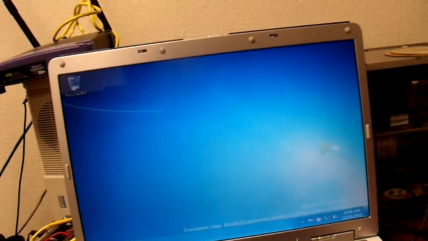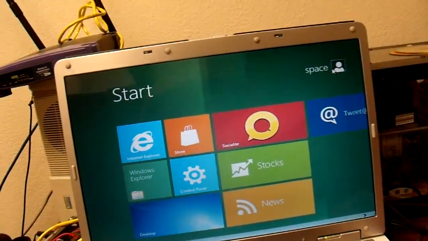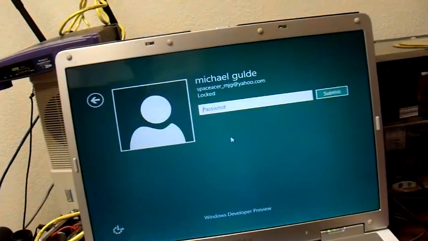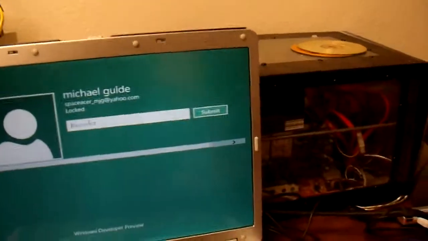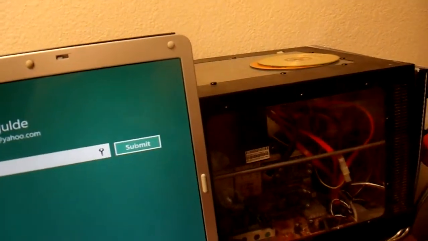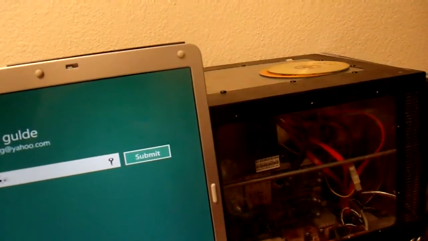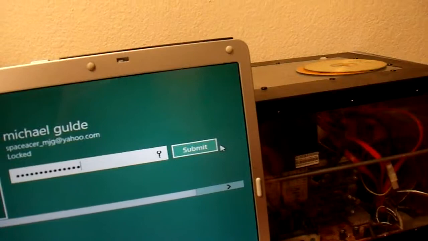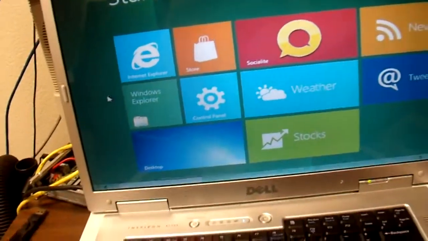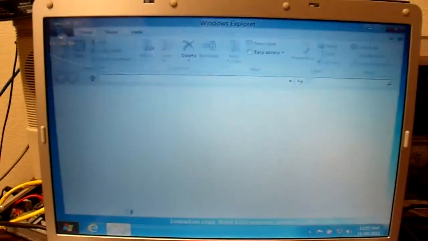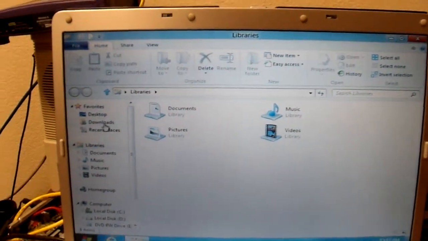So I'm going to have to click on this, go over to Space, go back to Michael Gouldy, find my password again. And then go back to desktop, click on that, click on downloads,